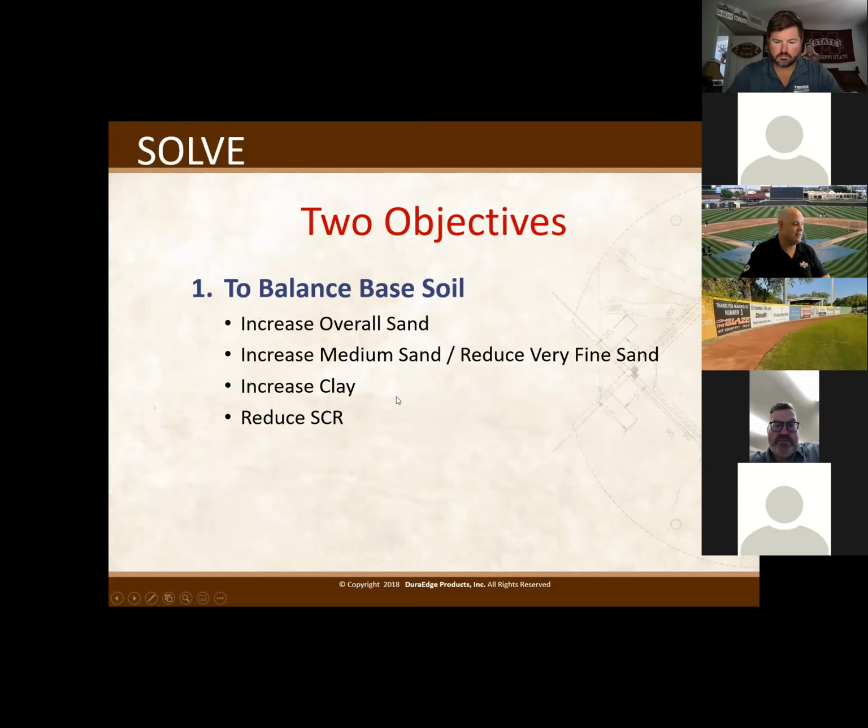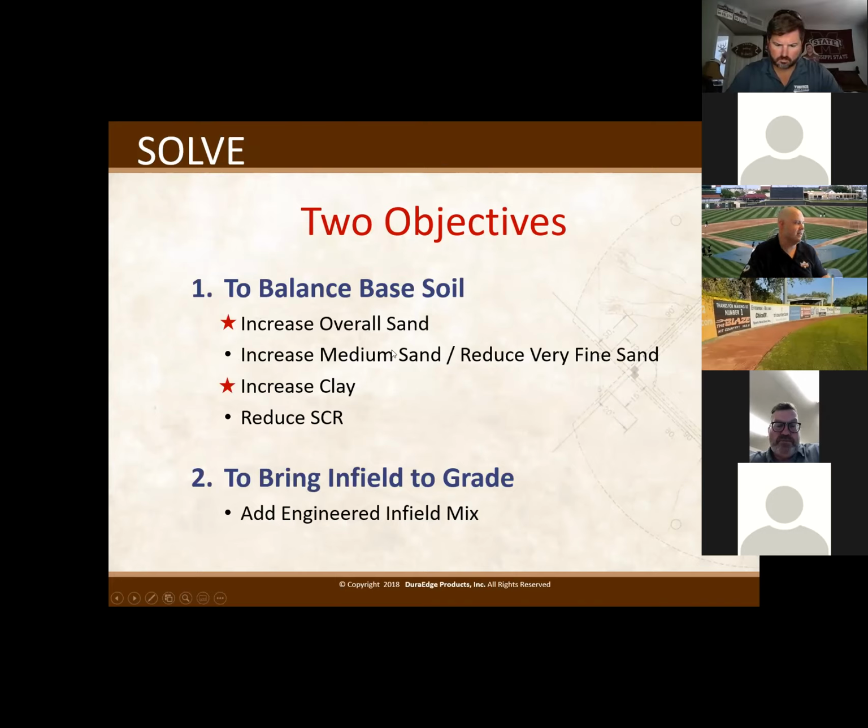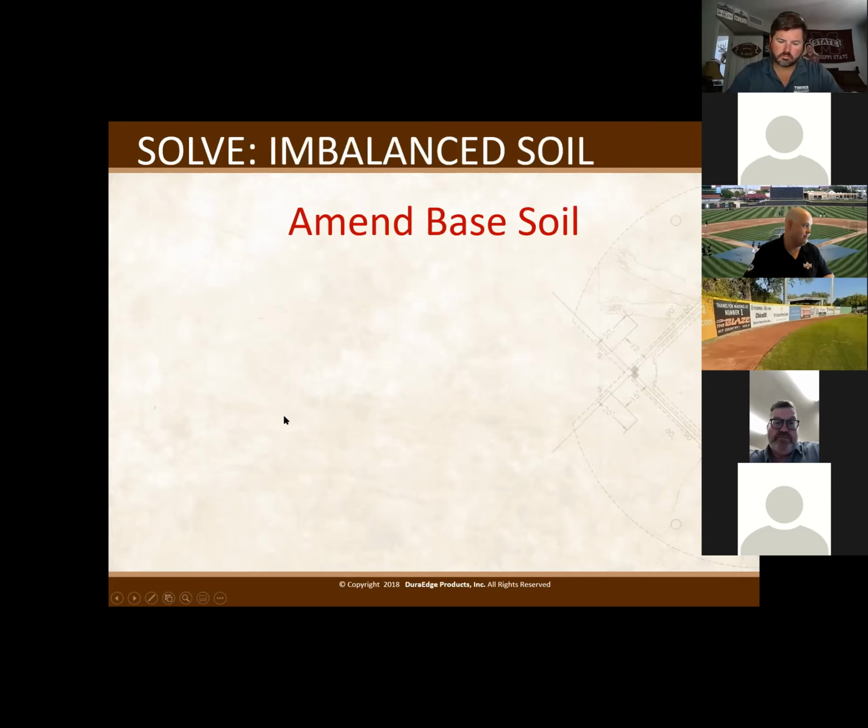During an amendment, obviously the goal is to rebalance that. We need to increase the overall sand, increase the overall clay content. Medium-sized sand will ultimately come up as we drive the silt down and increase the clay because of using USGA sand or a 2 mil sand. That is going to be the catalyst of producing enough void space for all of these materials to sit in.